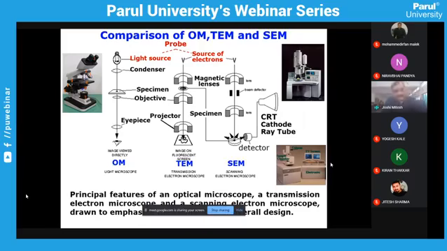One can easily identify that in an optical microscope, generally we are using the light source. Then you have a condenser, which actually concentrates the light on some specimen, and you have the eyepiece. By the combination of objective and eyepiece, you get the magnification of the image. In comparison to the optical microscope, the electron microscope uses a source of electrons. By using the magnification lens, we are projecting the electrons on the specimen, and by focusing on the interaction of the electrons with the specimen,